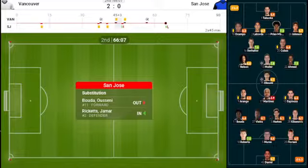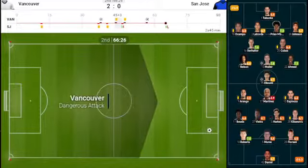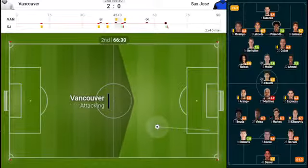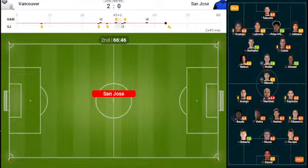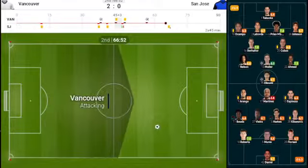And the substitution will come here for San Jose on the foul. And night is over for Max Floriani. Eseni Buda as well coming off. And Benji Kikanovic as well. So the big three do stay on indeed. And it looks like Judd will go forward. Orango will drop back just a bit. 3-5-2 is how it looks for San Jose. So we'll see what this new look